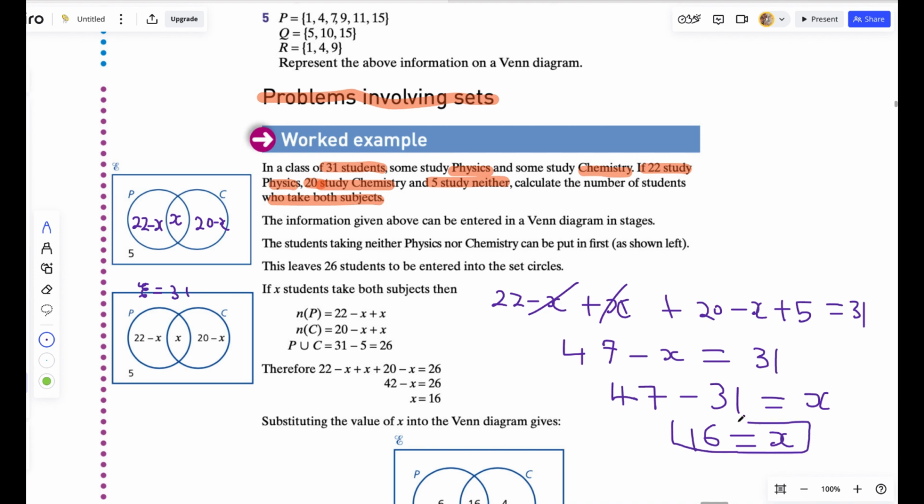So students who study both subjects are 16 students. Students who do both subjects, there are 16 students in the class. They're doing physics, they're also doing chemistry. Now if you want to know who study